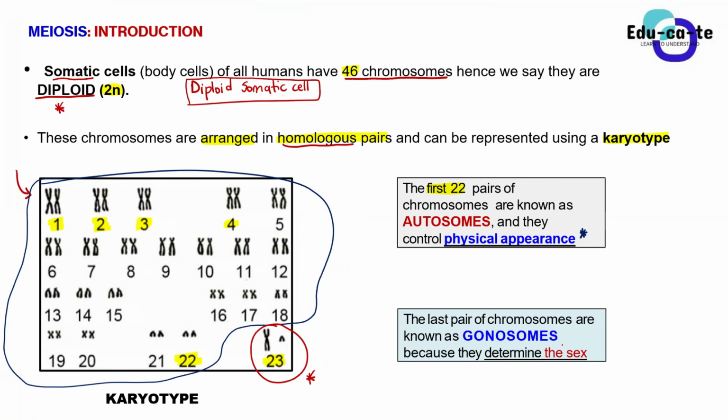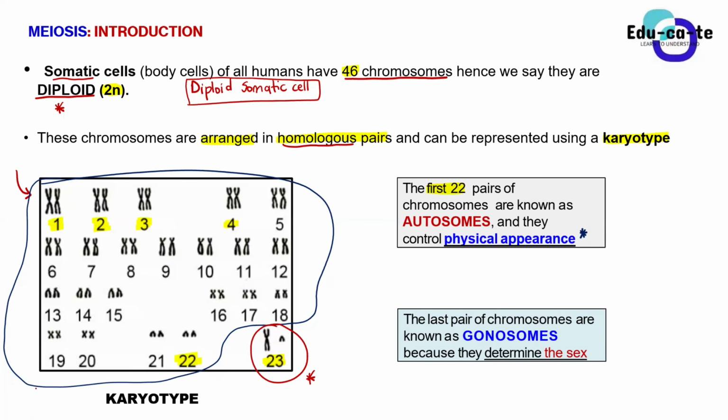And guys, for you to end up having these chromosomes, my question is just a simple question based on what you think. Where do you think they are coming from? How did you end up having chromosomes in your body cells? Anyone, just what you think, guys. Don't explain anything in a professional way. Yes, Sam? I think you get 23 from your mother and 23 from your father. That's good. Yes. So basically, 23 of those chromosomes you get from your mother, and 23 you get from your father.